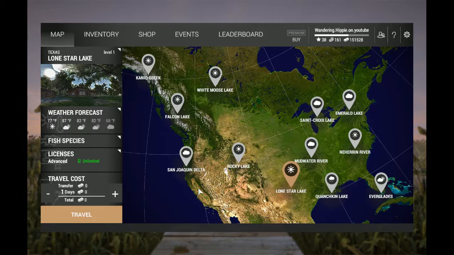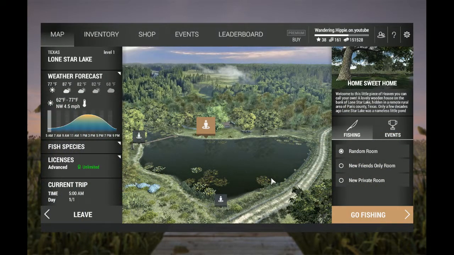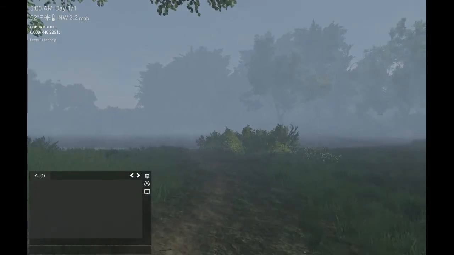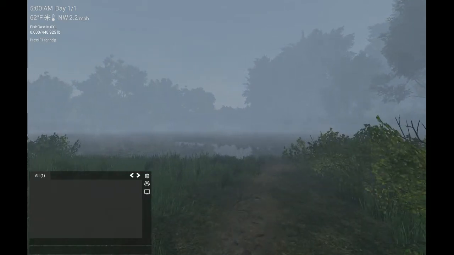Now, I know there's a tutorial in game, but that doesn't really cover some of the finer points I want to make. So we're going to jump right in here, and we're going to start right here at Home Sweet Home in a private room. Now, when you get in, you're going to walk to the water here,